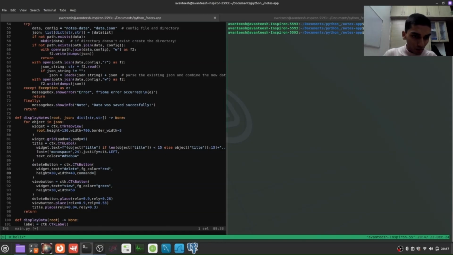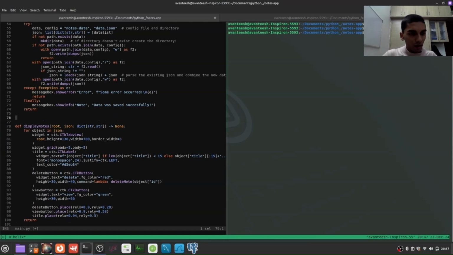button. So the callback is going to be pretty simple. We're going to create a lambda function. So I'm going to say lambda, and I'm going to call delete note, and we're going to pass the ID of the current node. So we're iterating through all the nodes one by one, and I'm going to take the ID as a parameter. So we'll have this another function right here,